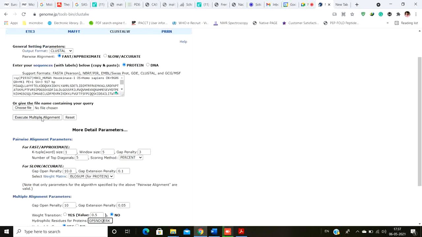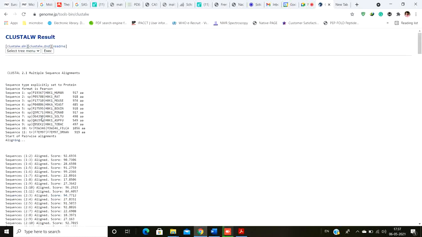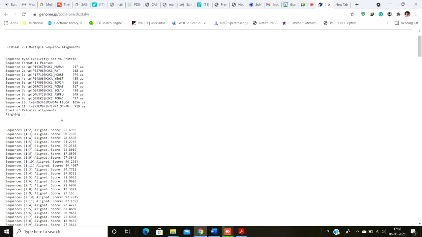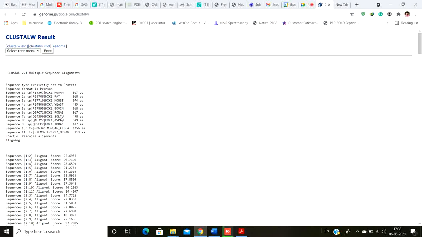So this is the major thing about Clustal W, and after that you simply have to click on this particular execute multiple alignment. Now we can divide alignment into global and local, as I've told you. Global alignment tries to create an alignment that covers both sequences completely, adding whatever gaps are necessary, whereas the local algorithm tries to align only the most similar regions. So if removing a particular region from one end of a sequence improves the alignment score, it will do it.